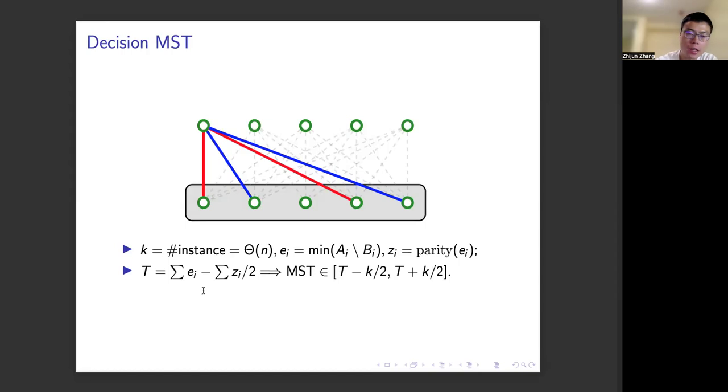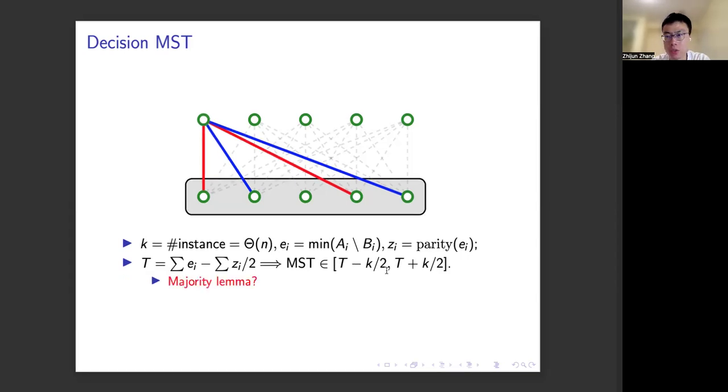Suppose we define the threshold T to be the summation of all E_i minus half of the summation of all Z_i. Now we can see the weight of MST is always between T plus minus K over 2. This seems to finish the proof